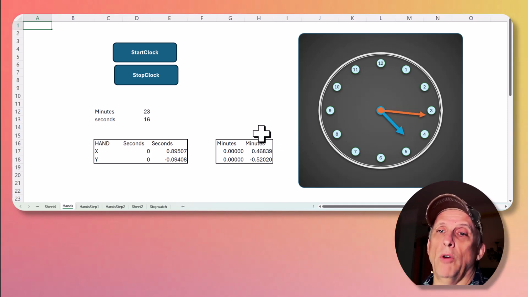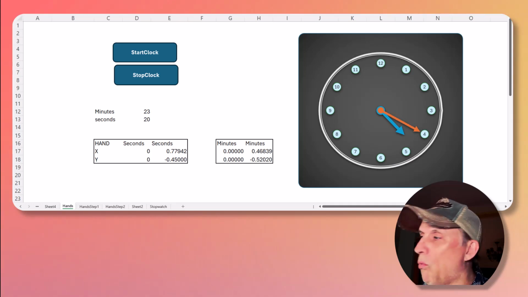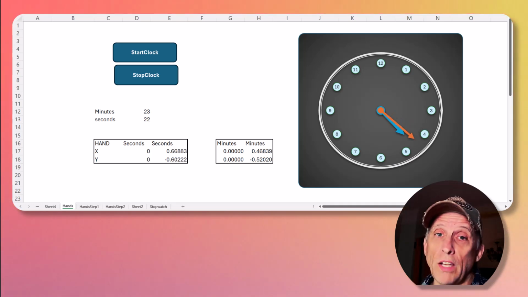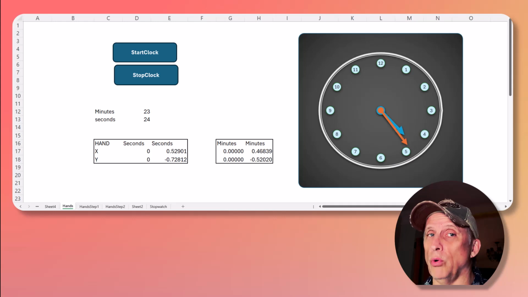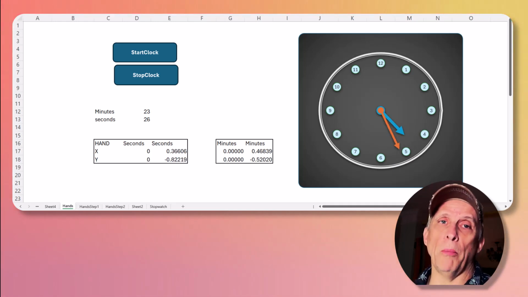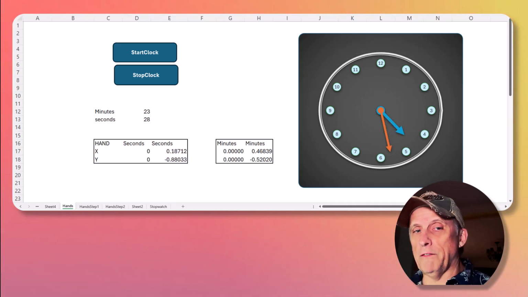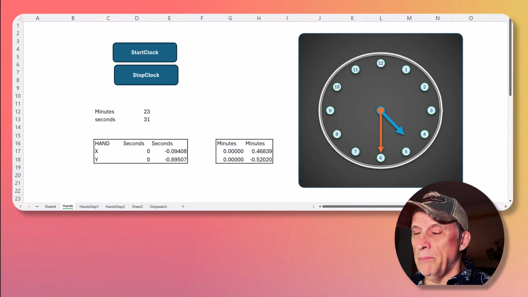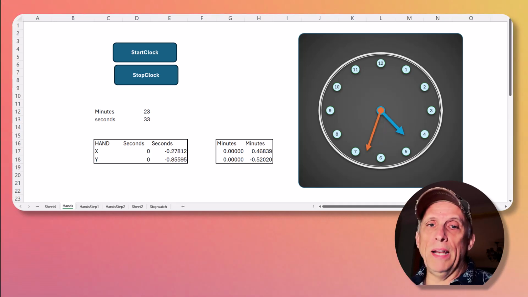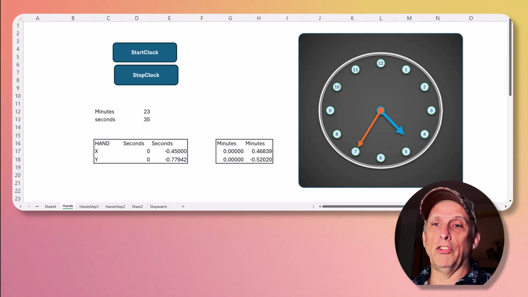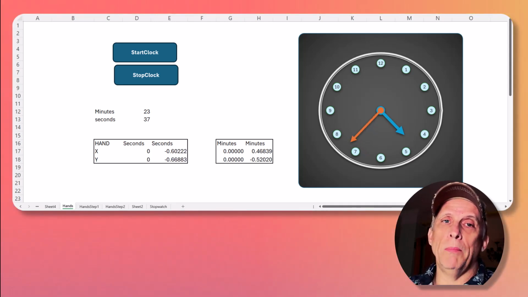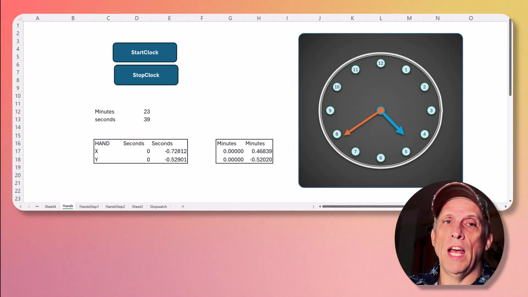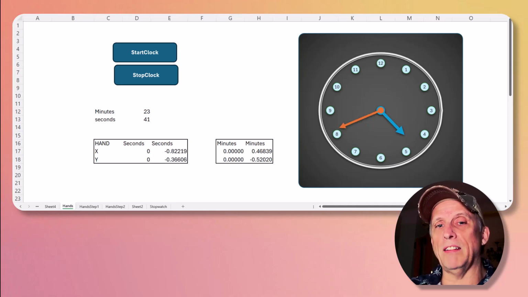Not like an overly fantastic or crazy achievement, but I wanted to demonstrate this because there's a couple really cool things in Excel that help me make this clock. The first thing I'm demonstrating is just that a graph in Excel is really nothing but coordinates we can use and get super creative with that. In this clock simulation, I've used 3 different types of data series that have different purposes to make the whole